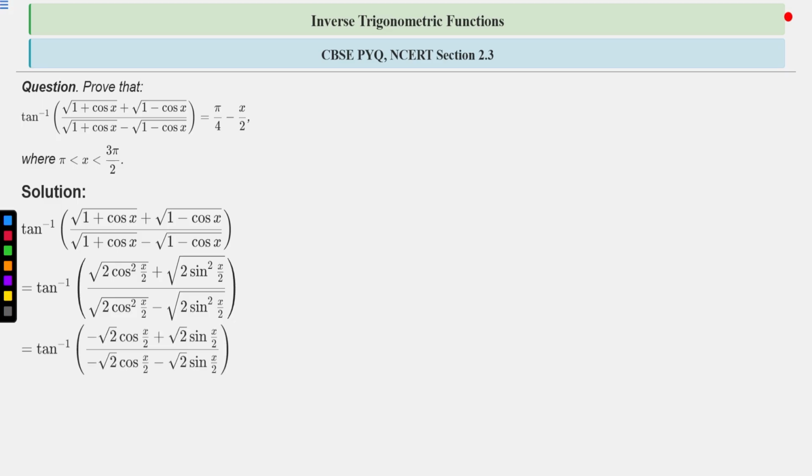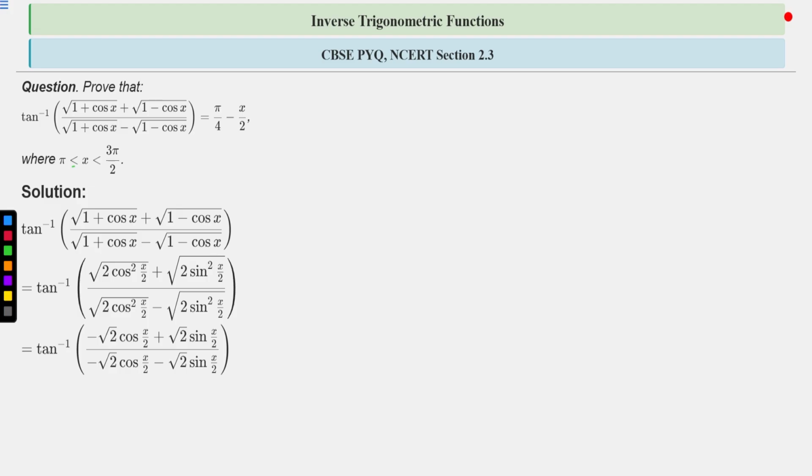So finally, since x is between pi to 3 pi by 2, clear? Pi to 3 pi by 2 is in the third quadrant, right? In the third quadrant, therefore, we can write root over 2 cos square x by 2 as minus root 2 cos x by 2, clear? Minus root 2 cos x by 2, and